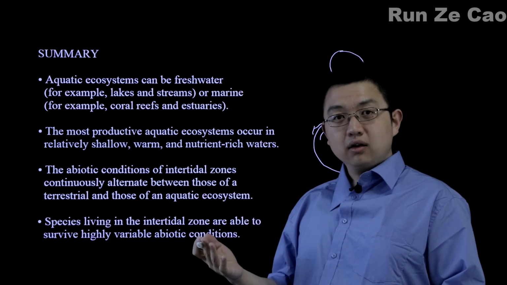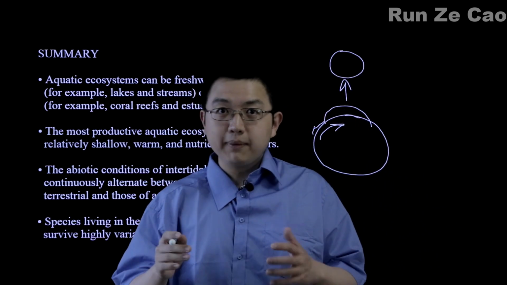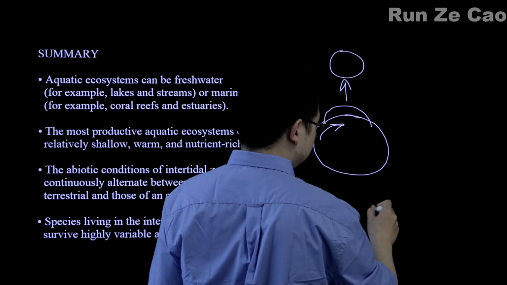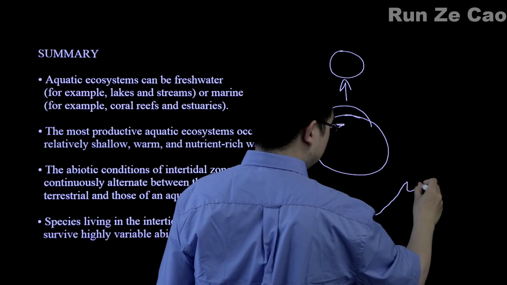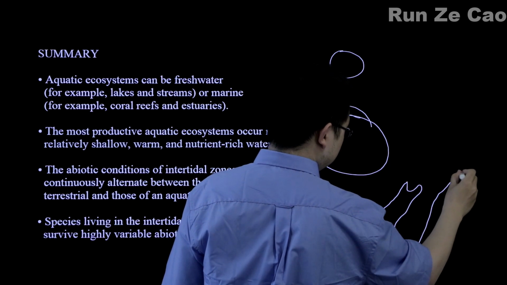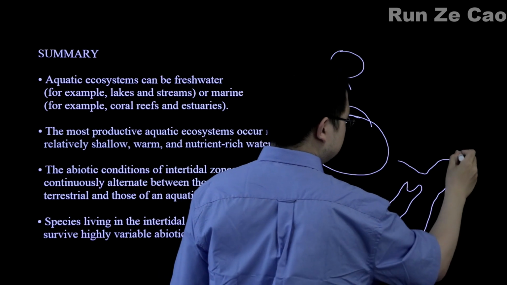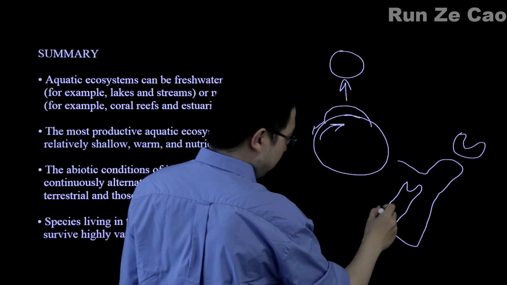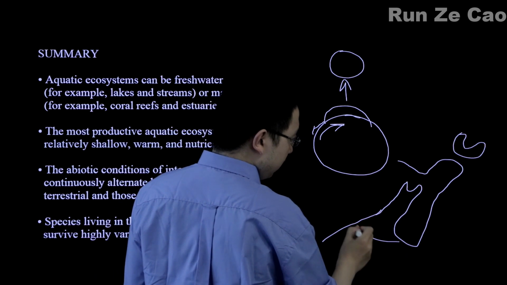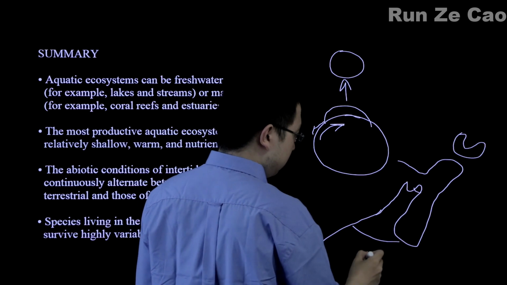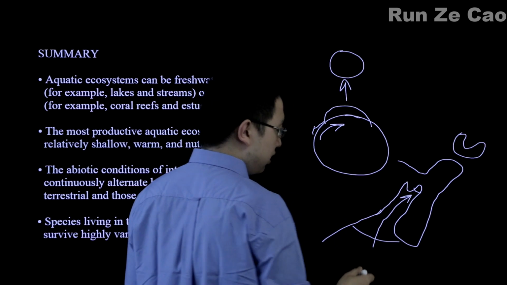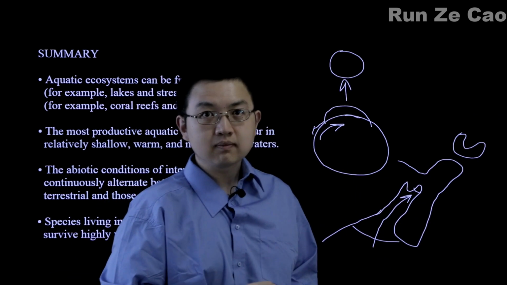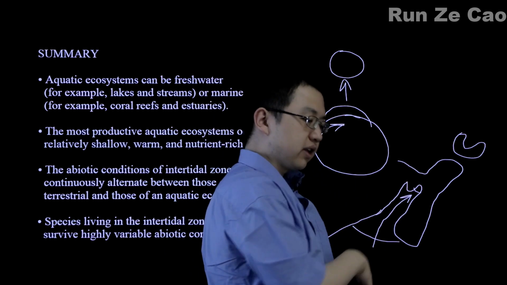Now, in some places, depending on the shape of the coastline, it may be that the tide can go many, many, many meters. For example, in the Bay of Fundy, which is between Nova Scotia, this is a really crude Nova Scotia. So here in the Bay of Fundy, because the mouth here is so much wider than up here, this means that the tide rushing in will end up building up really high. It's like funneling water. And of course, when it goes down, it goes really low.